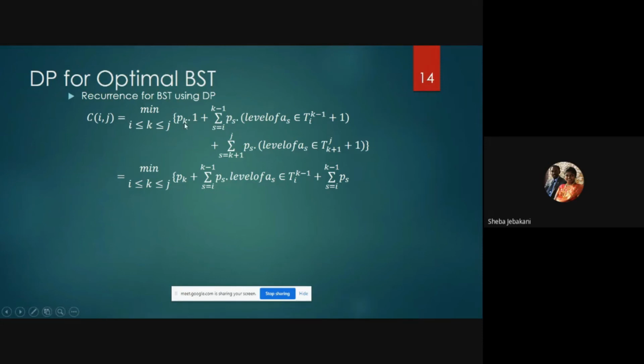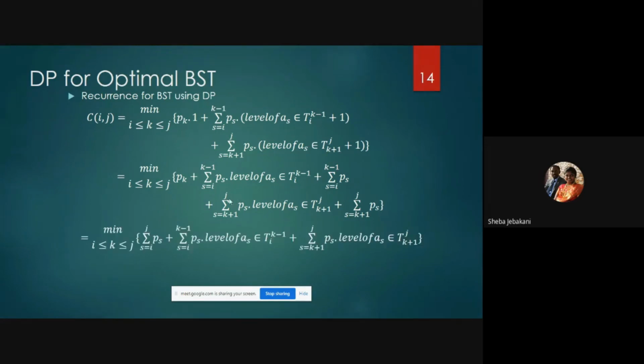So the first node is pk into 1, which basically stands as pk itself, and these two we are writing as it is. This is the left subtree, this is the right subtree, and this is the root node. Number of comparisons for the root node plus number of comparisons for the left subtree and number of comparisons for the right subtree. We are taking the probability mainly because probability talks about the number of occurrences of the same object or the same node value. Here, if you see, I have plus 1, right?